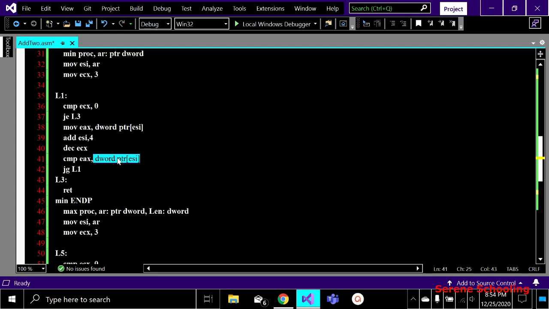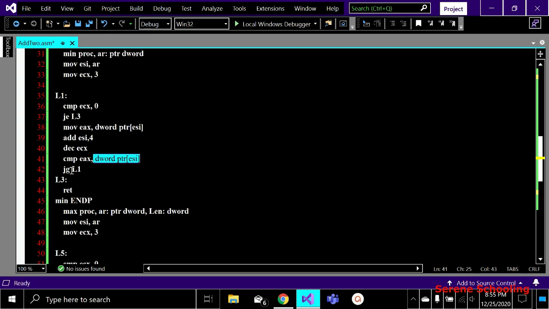So I'm moving that next element, or I'm comparing that next element with my first element. EAX was containing my first element, so I'm comparing my first element with the second element. And if my first element is greater than my next element, jump if greater. It means that if my destination is greater than my source, then I have to continue my loop, which means I again move inside this label, right?